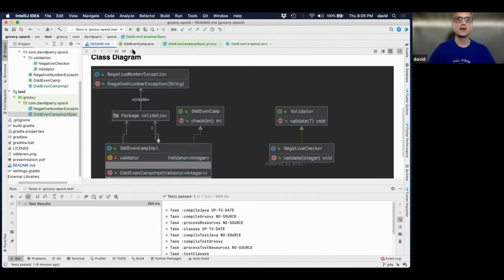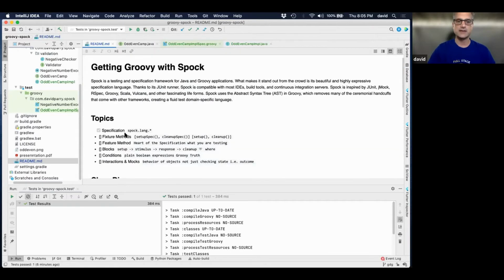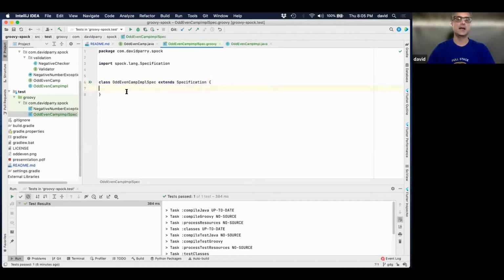The next thing we want to touch on is the fixtures, the methods. So we have setupSpec, cleanupSpec. That's similar to setup and cleanup in the Java or JUnit world that it runs on top of. So we have these two that we want to add. So I can say setupSpec. So I can come in here